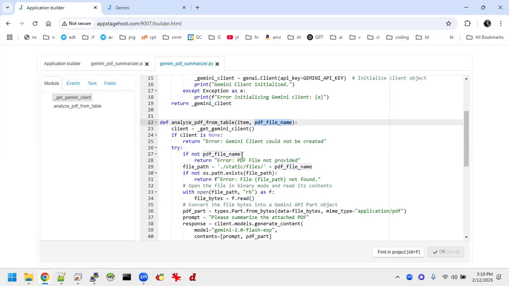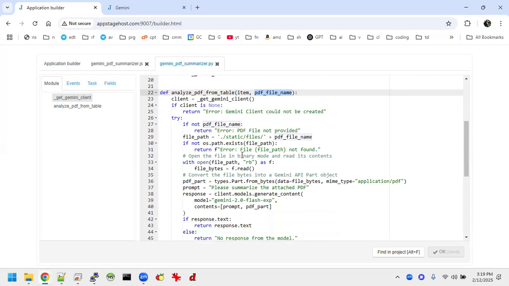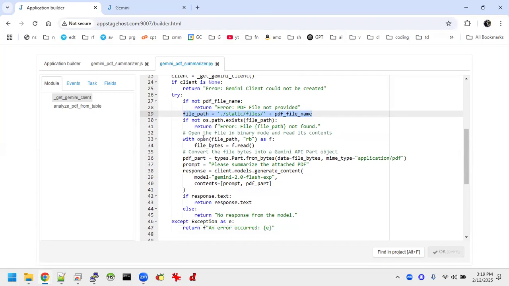So I've seen this a few times. I'm hoping this is fairly straightforward now. But pass the file name here. If there's no file name, handle the errors. And then we're getting the file path. And as I mentioned, you've seen a couple of the other examples, uploaded files are stored in a static subdirectory and a files subdirectory within that. And so we concatenate the file name with that path to get our file path, handle any errors, and then we open that file, read the bytes from it,